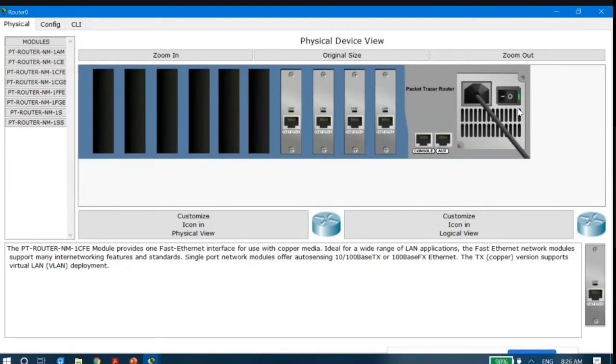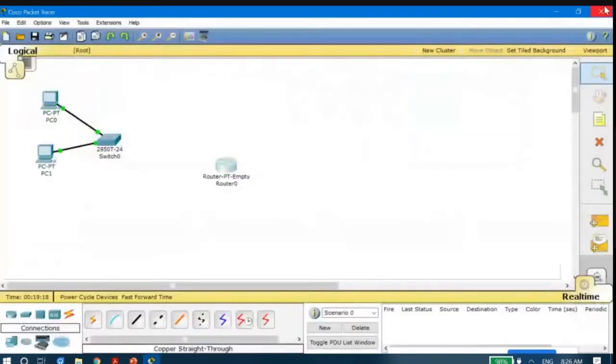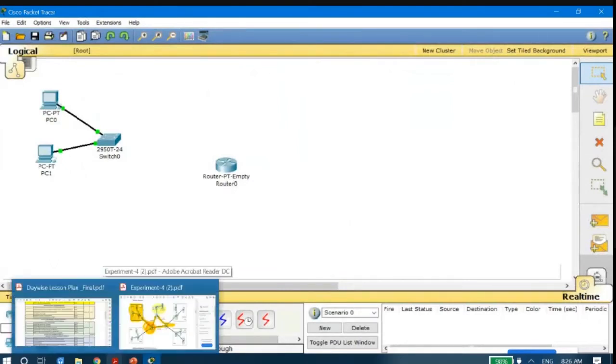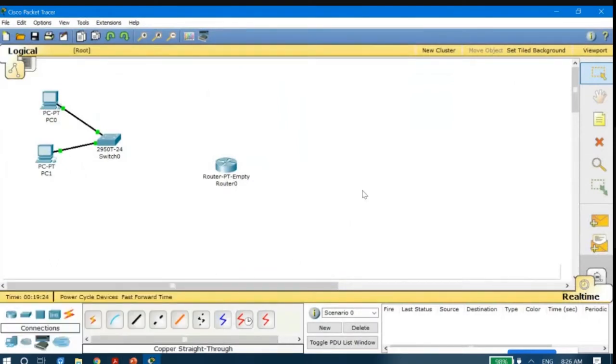So as we do with the physical devices, in the same way you have to do it here. Once you have done it, you have to turn this hardware on, and this green LED should be on. Okay, that means this device is activated. So let me close it. The next thing that we have to do is connect this switch to